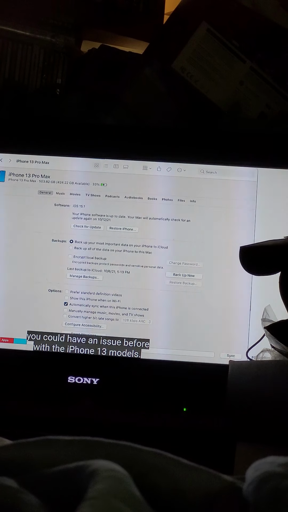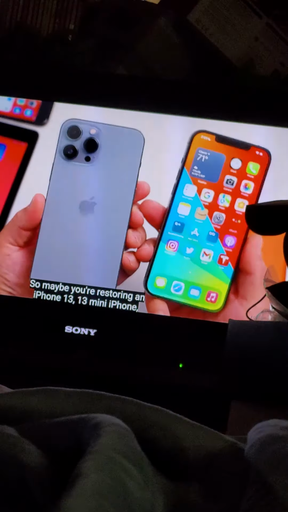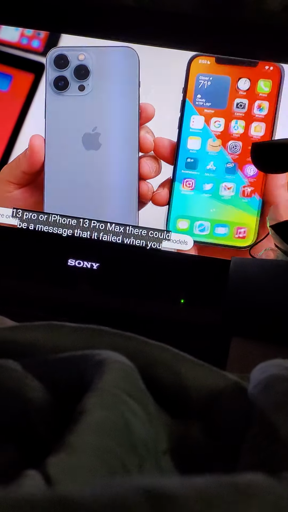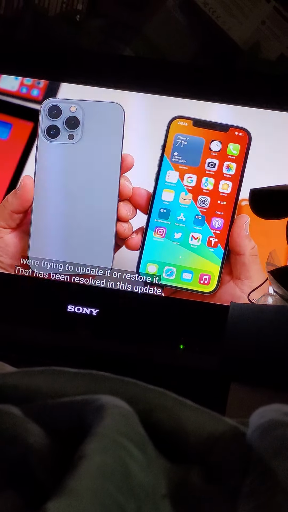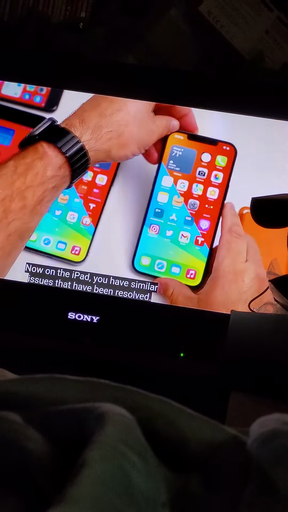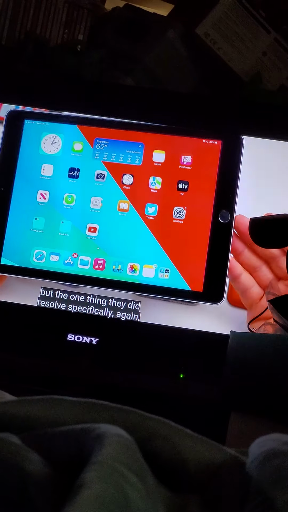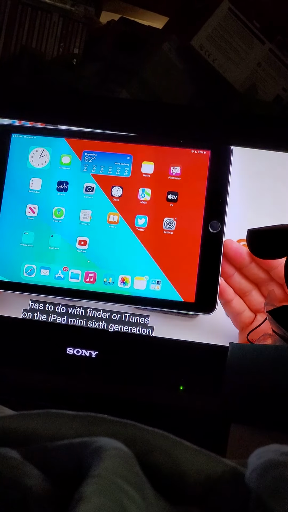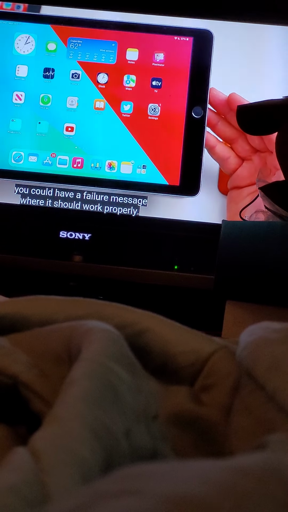And if you're restoring an iPhone, you could have an issue before with the iPhone 13 models. 如果你 restore 咧，就只限於 iPhone 13 嗰啲系列嗰啲手機。An iPhone 13, 13 mini, iPhone 13 Pro, or iPhone 13 Pro Max, there could be a message that it failed when you were trying to update. 可能 fail 咗啊，要再 update 過啊，呢個都有解決咗啦。iPad 都係一樣嘅，Finder 同 iTunes 喺 iPad Mini 第6代 restore 嘅時候都有啲 bug。